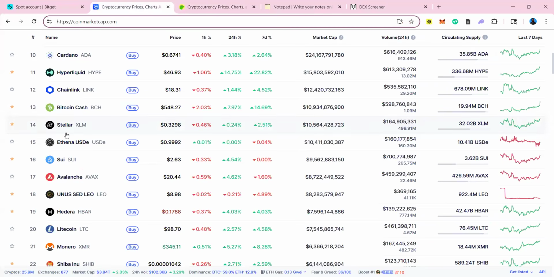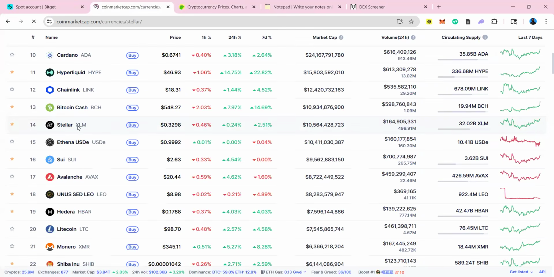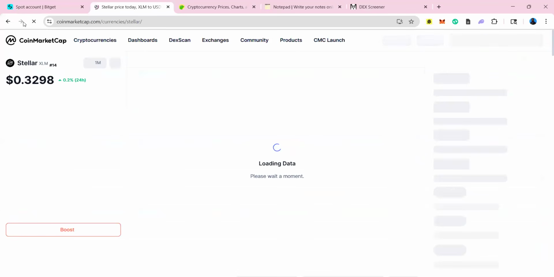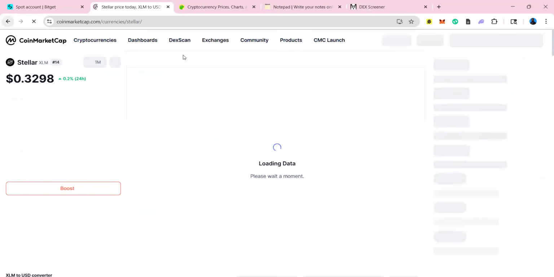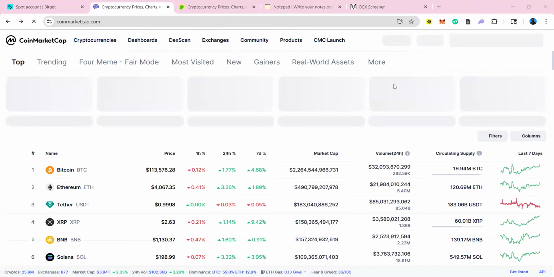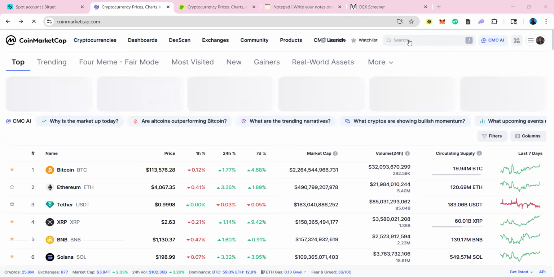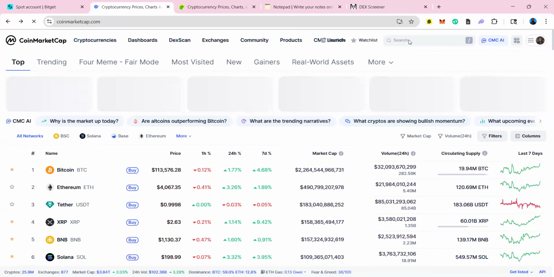So let's say I want more information on XLM. I'll click on XLM, or I'll tap XLM. Another thing I can do, let me go back. Another thing I can do is if I get to the website,